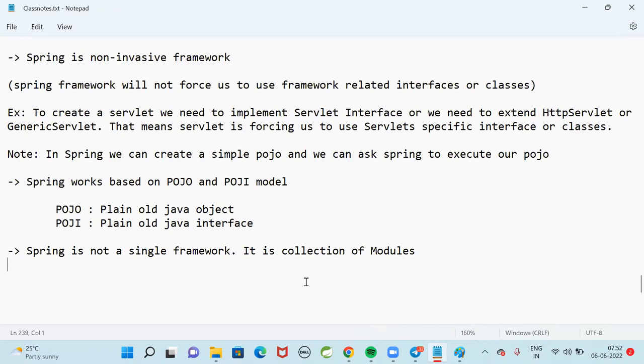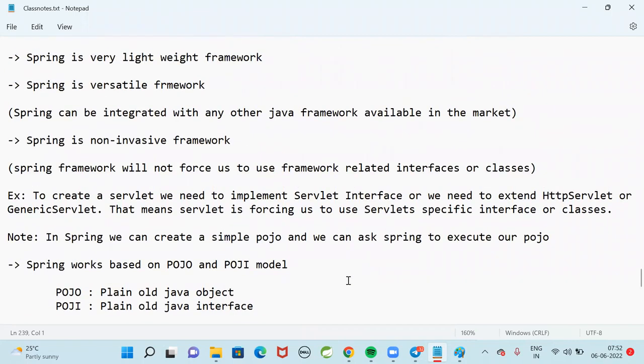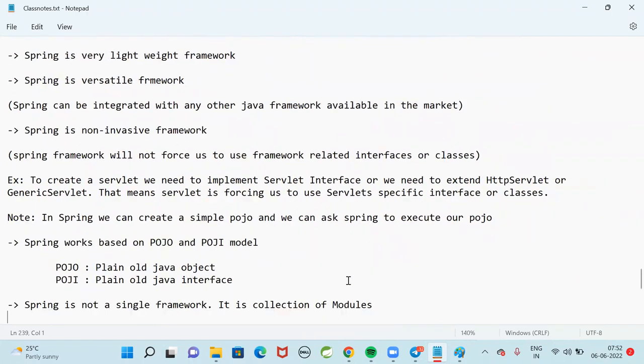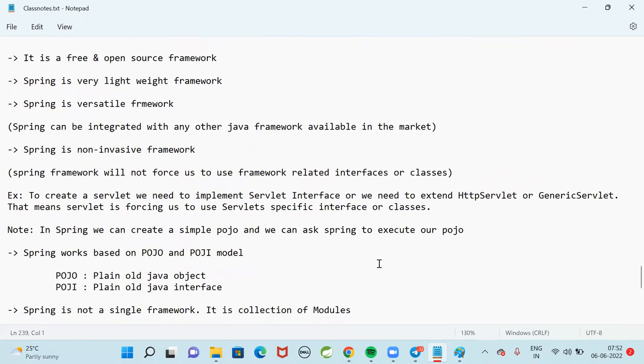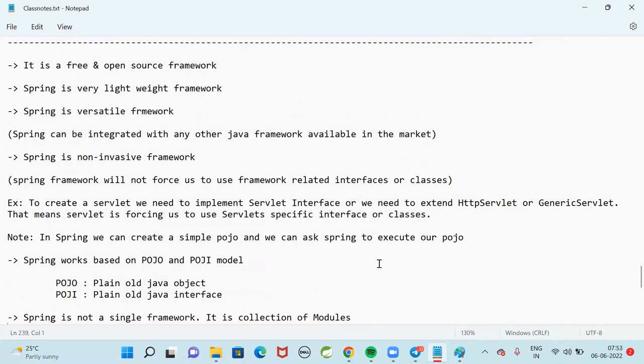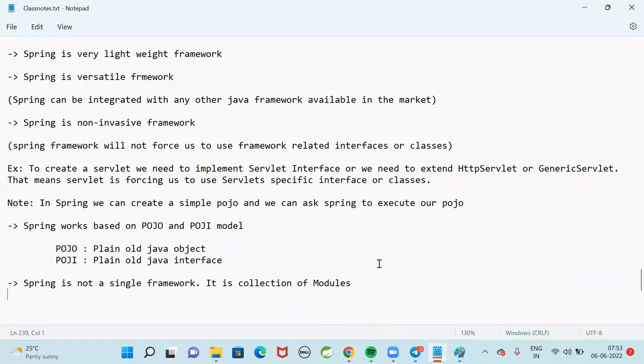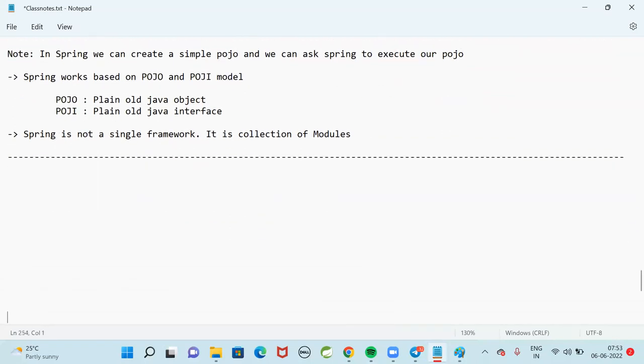Guys, can you tell me the names of the modules that you know in Spring? Can anyone tell me any modules that you know in the Spring framework? Spring is not a single framework. Spring framework is developed in modular fashion. There are several modules available in Spring framework.